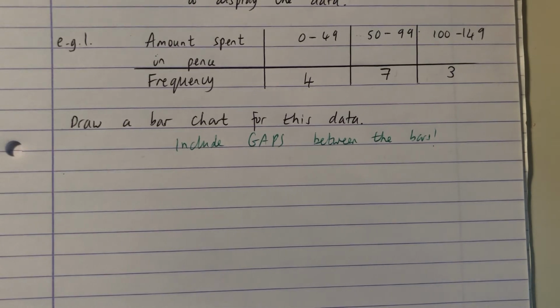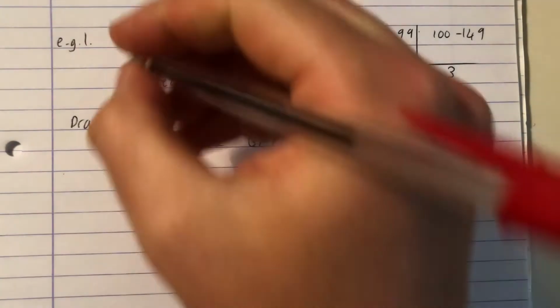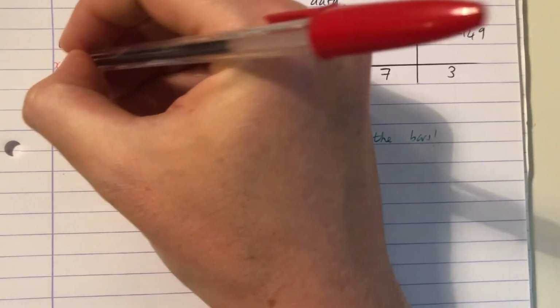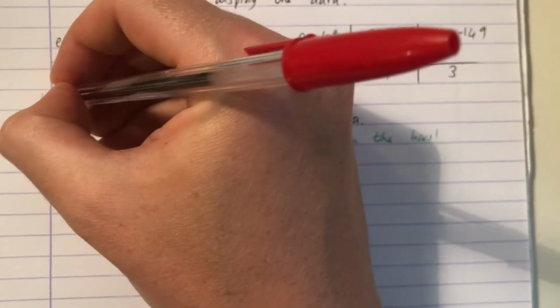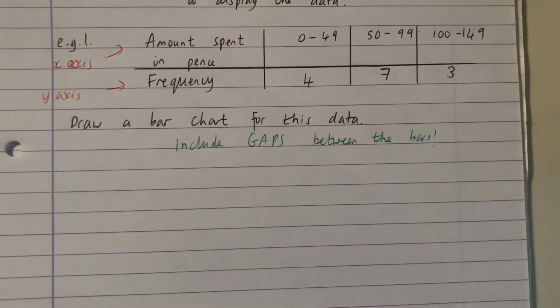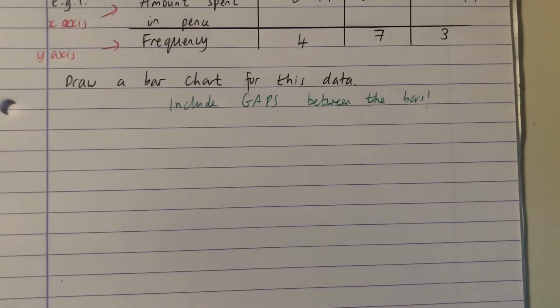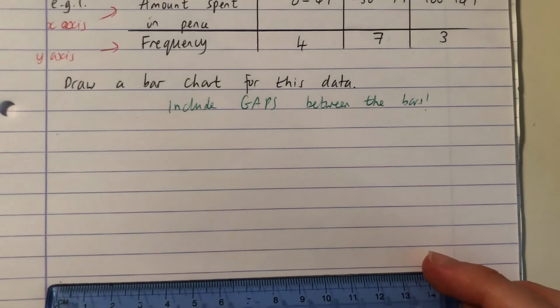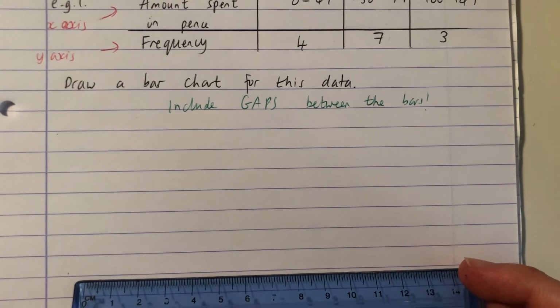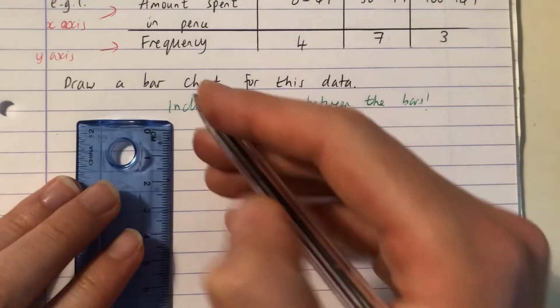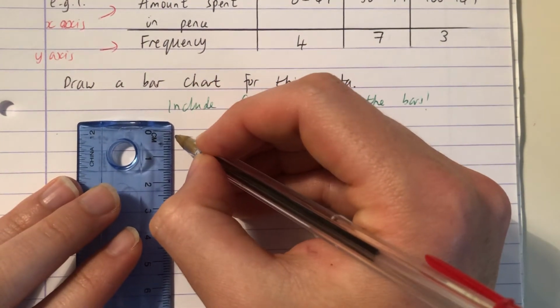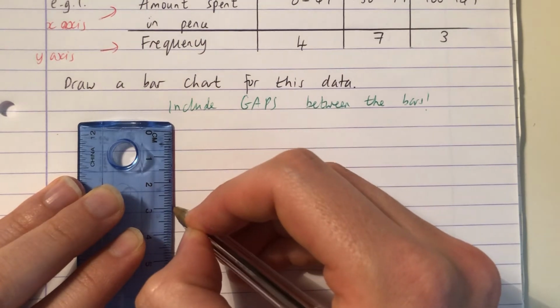So the first row is the x-axis, the second row is the y-axis, and that's always the case for every single one of these. So there are 3 different groups along the x-axis, and then my y-axis needs to go up to 7. So let's do 8 little squares down,